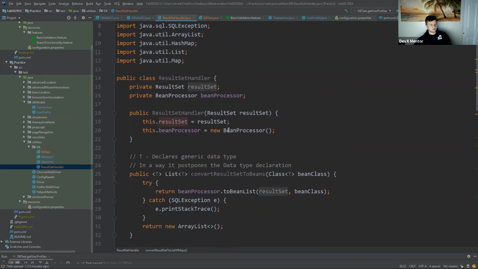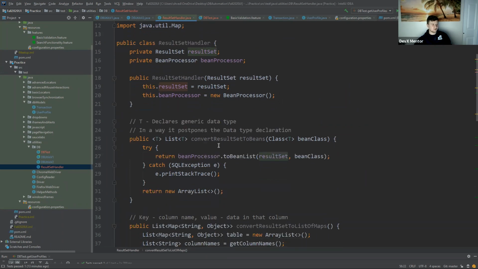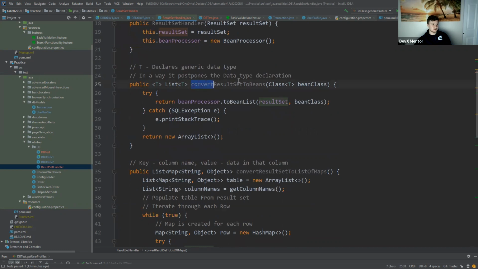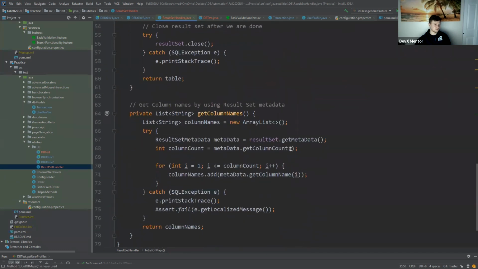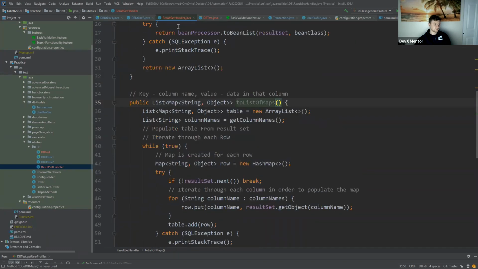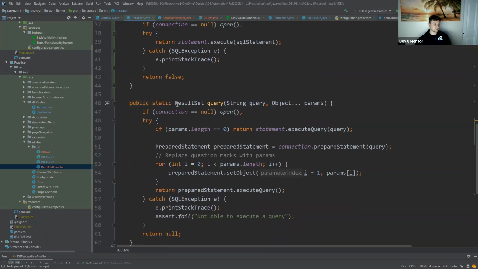So it can convert our result set into beans. Now we can do to beans and to list of maps. Okay, the only thing